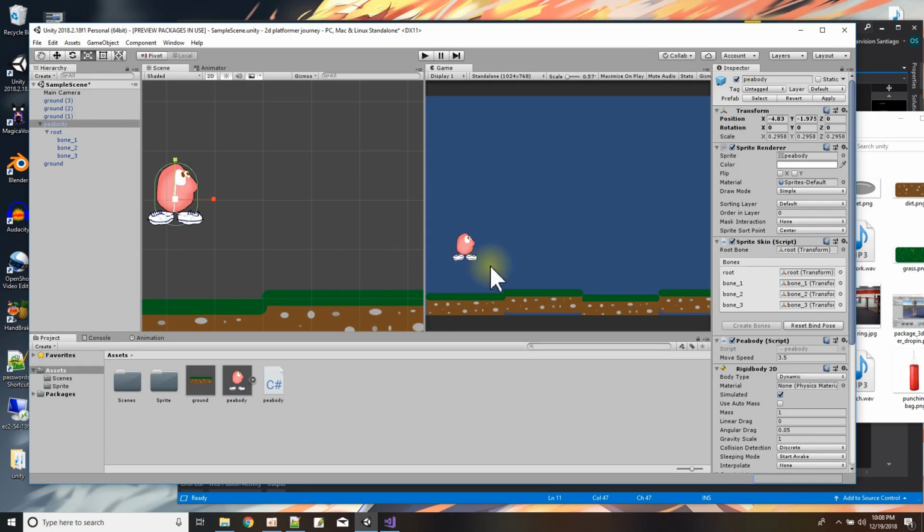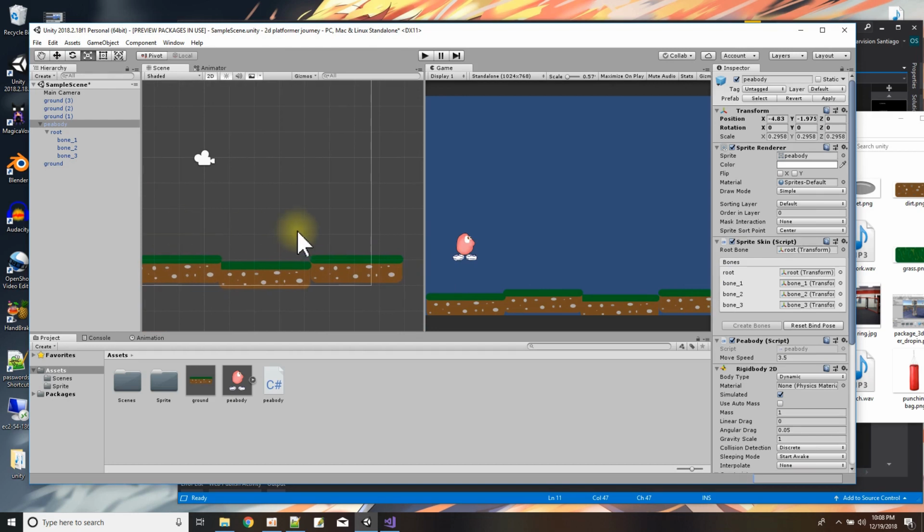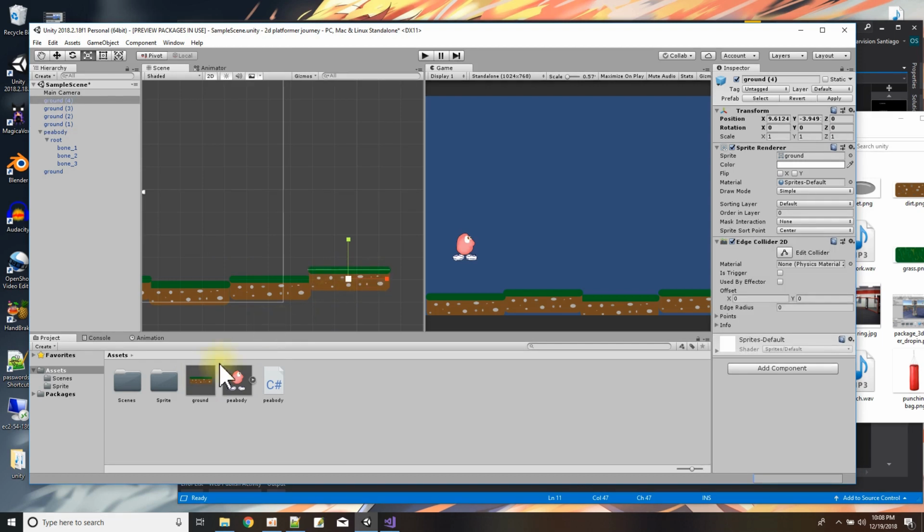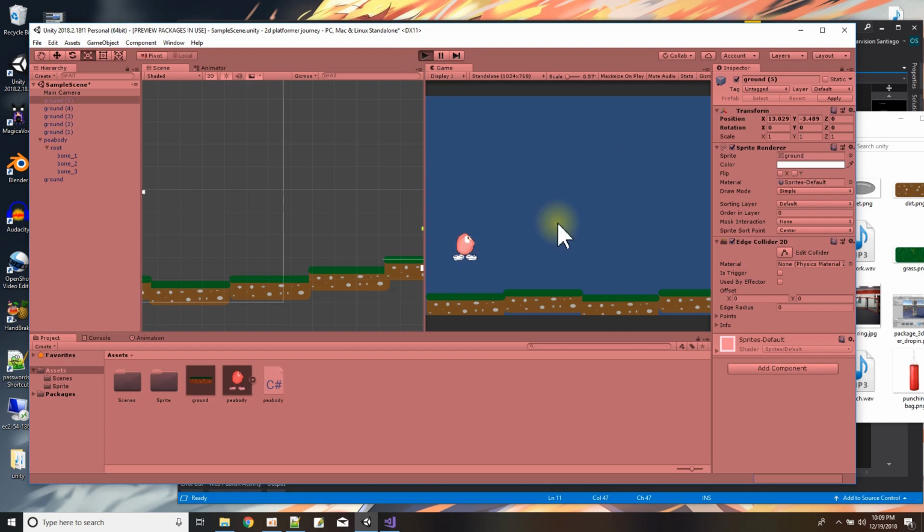So as you can see, we can move him, and then when he gets off to the edge of the screen, we're going to have a problem because the camera is not moving. So let me just add a couple more pieces here at the edge of the screen, maybe going up a little bit. And let's see what happens with the camera here in the game view when Mr. Peabody gets to the edge. So first of all, he's moving freely and the camera doesn't move. But when I get to the edge of the screen, you see there's more level here to go through, but I'm almost at the edge of the camera's view. So when I come to this point,